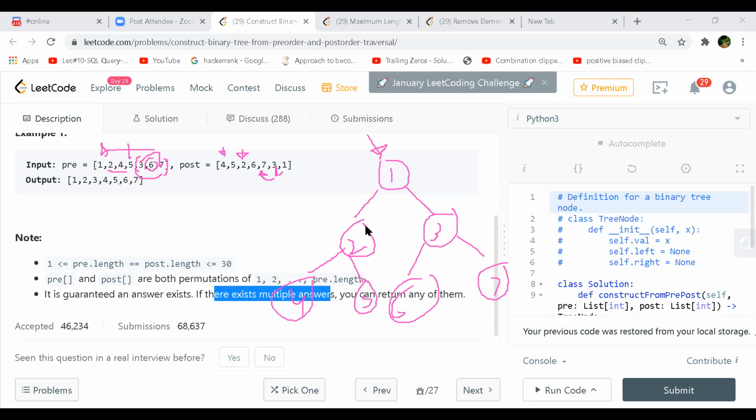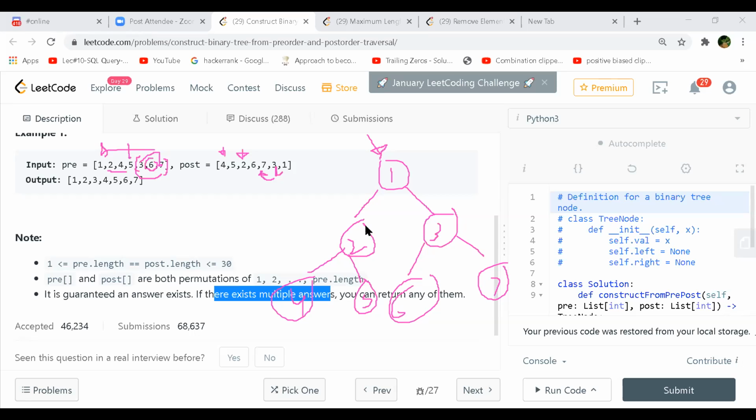So you'll have to look in the post order, I mean. When you look for the 2, which is the next root in the pre-order, you are not sure whether it is the real root or it is the left subtree, right? So for that, you'll have to look in the post order. From that 2 onwards, all the values on the left of it, which are 4, 5, 2, will be part of the left subtree. Similarly, you can make a division for the right subtree, which will be 6, 7, 3.